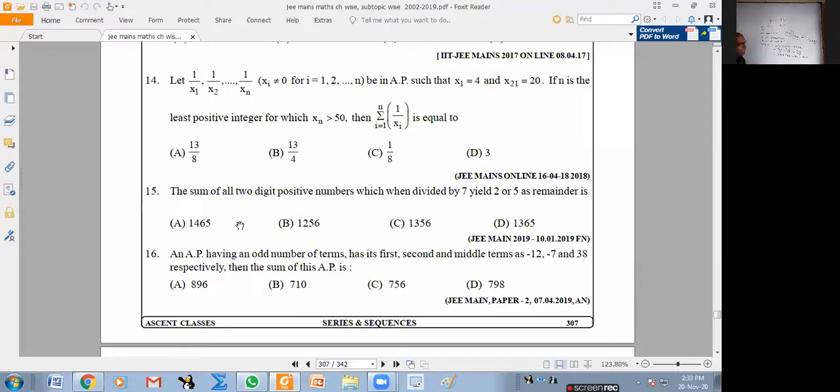So it is an AP with first term and common difference. You can also find the last term if you want, then you can find the number of terms. Similarly, for 7l plus 5, the smallest number will be 12. Yes, 7 plus 5 is there. 12 and then 19 and then 26, whatever is the last number. These also have common difference 7.